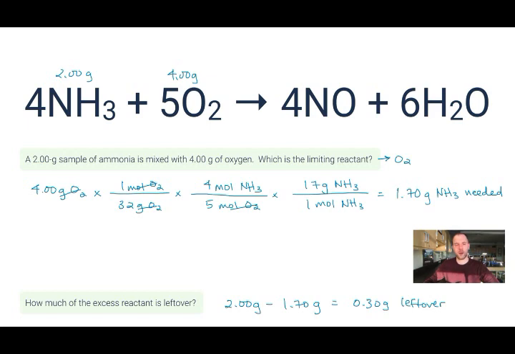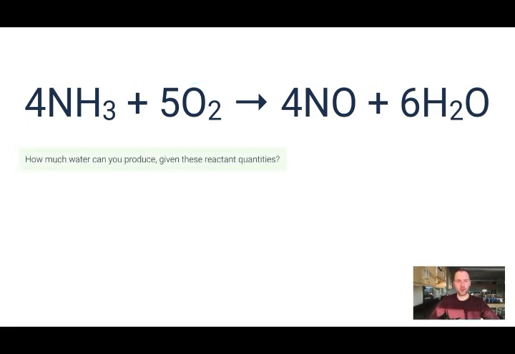Let's do one more question about this. It says, how much water can you produce given these reactant quantities? So I had 2 grams of this and 4 grams of this, and I was able to determine that this was my limiting reactant, LR for limiting reactant. If it's asking how much of a product you can make, and you're aware of which reactant is the limiting reactant, you want to calculate how much of the products you can make from the limiting reactant, not from the excess reactant. Here's why. The limiting reactant is going to run out and limit how much of the products you can make. So you want to use this mass, in this example 4 grams of O2, to calculate how much